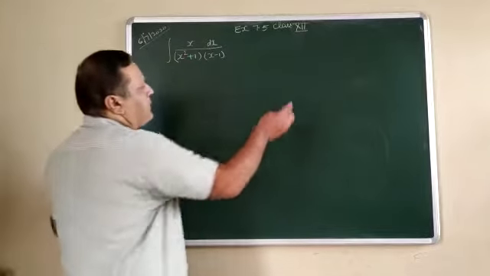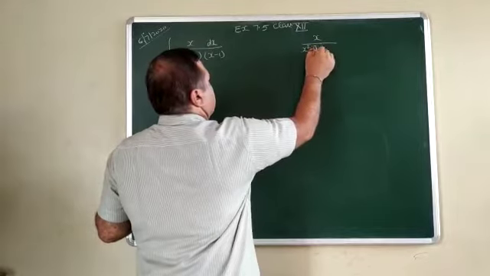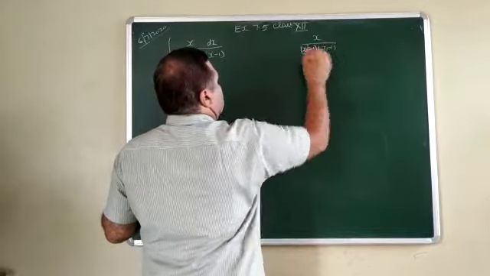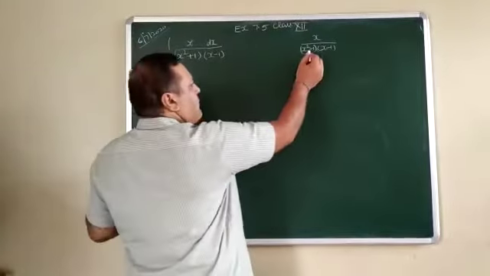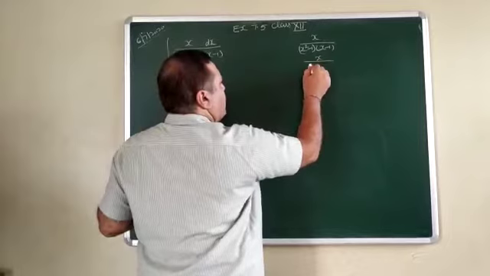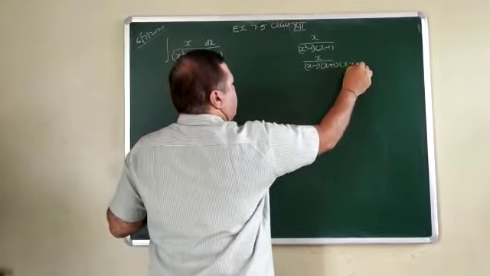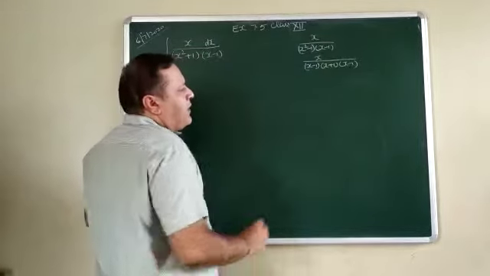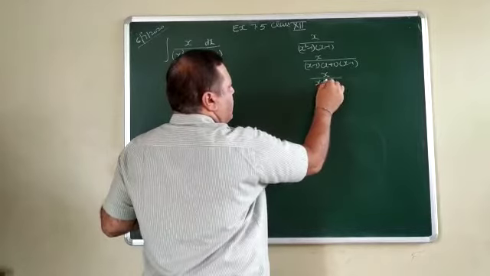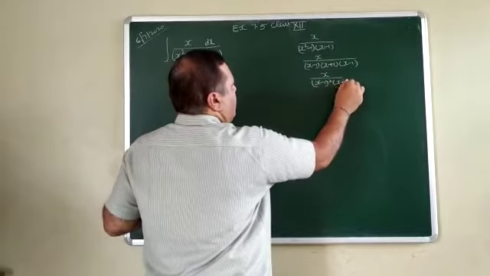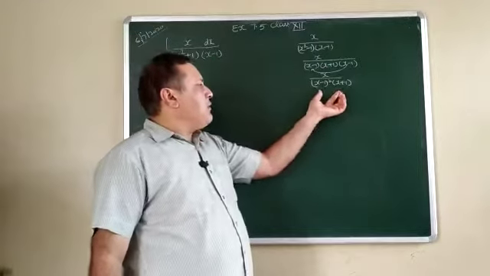See, one example I have discussed. Now x into x square minus 1 into x minus 1. If the statement is like that, then we observe this can be factorized. So it can be x upon x minus 1, x plus 1, x minus 1, like that. And on simplification it will become x minus 1 whole square into x plus 1. So this question is the same as the previous question.